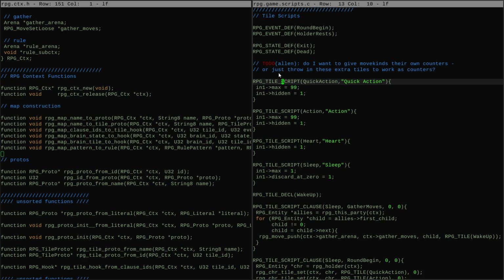Something like that we could do, like make a map, and then when this does its thing, when we define that there are tile scripts, we would also